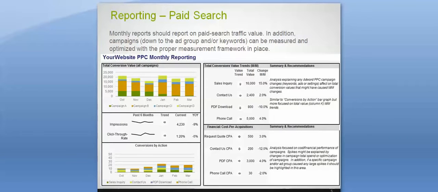So then the next step is really to create a paid search dashboard that sets you up to optimize later on and to do tests against. So this monthly dashboard is a sample. You would list your goals that you set up in Google Analytics first, and then import them into Google AdWords. And these are the arbitrary values. So the total value, if I had 10 sales inquiries earlier in this example that I gave a value of 100 to each, the total value would be 10,000. Well, is that more or less than last